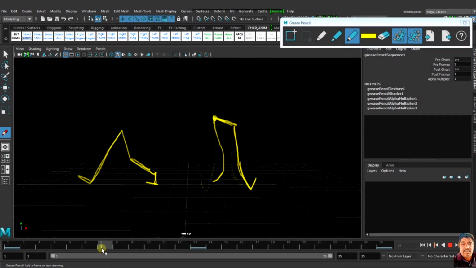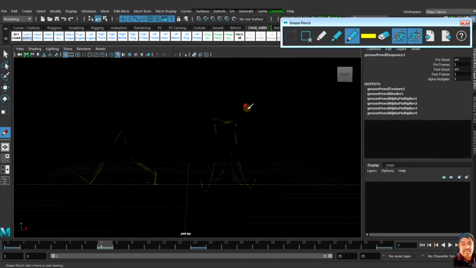So now in 7 it is the passing pose. So I just make a passing pose on 7. In 7 the passing pose is the highest area.